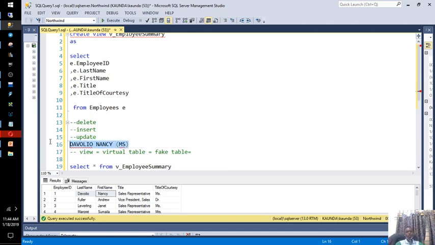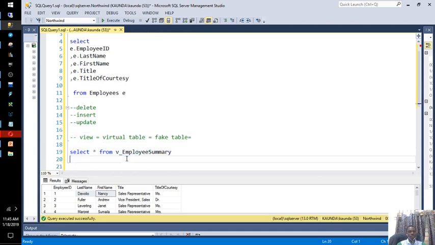You want to see the person's full name, not last name, first name, or maybe other name. That is how it is in the table. But in reporting, you want to see the full name. So in that case, let's take away this. So we just say drop view, and then if you run it,